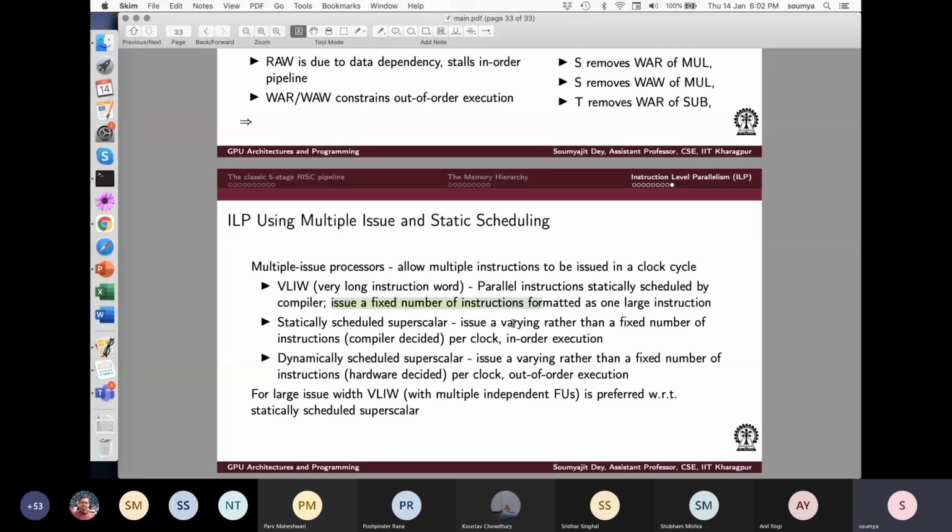All you are doing is issuing not a fixed number of instructions per clock, but it depends on how much you can really do, okay? So here you are forcing it, and here you are leaving it up to the instruction. Well, then the question comes: can VLIW really work? Because can I always figure out a set of 4 instructions which I can execute in parallel? What will happen in VLIW is, if it cannot figure it out, it will leave those issue slots empty, right? And that will create a redundancy.